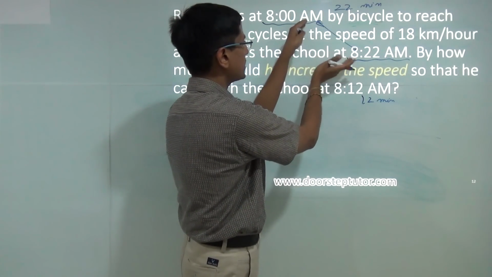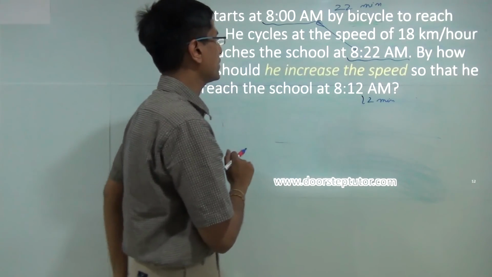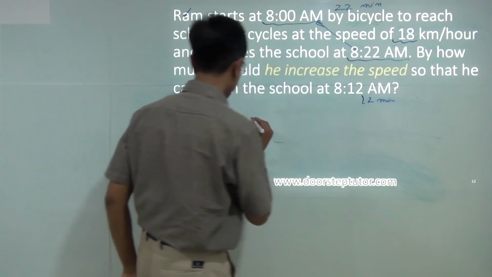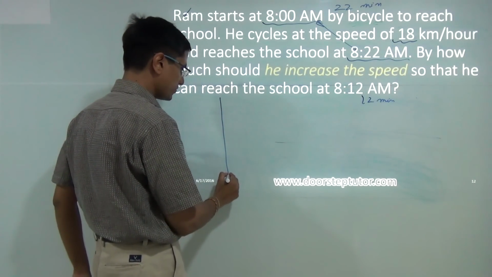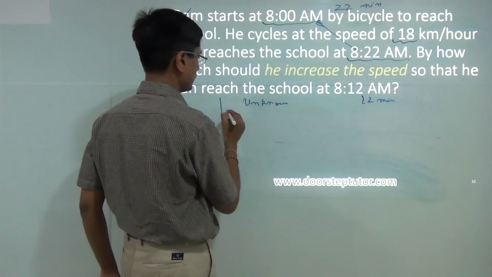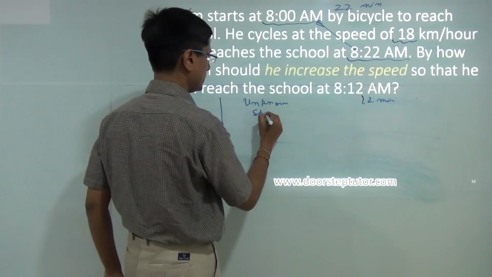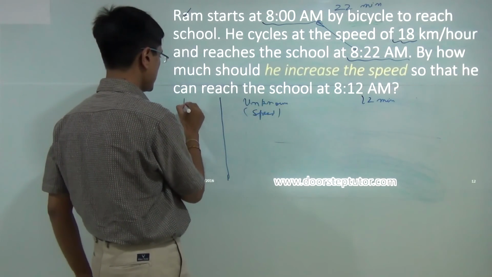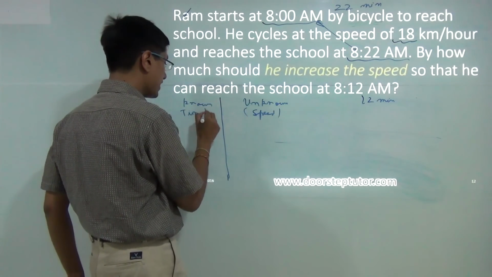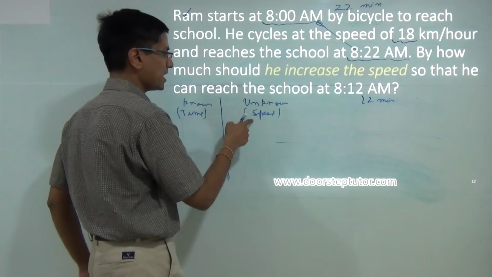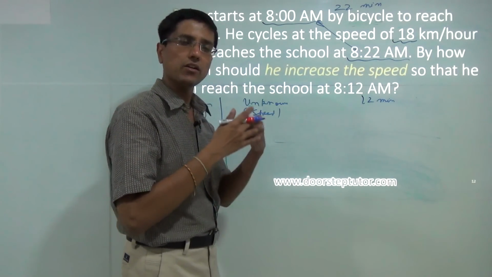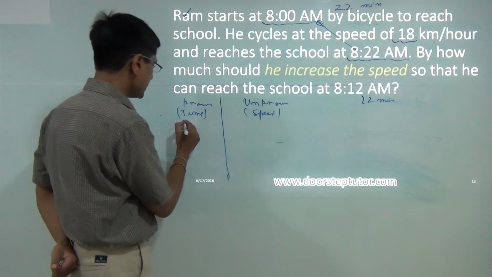This is something that as soon as we read the question we should be able to figure out, and we have been asked to find the new speed. So just quickly, it's a very simple question, we can solve it very quickly. So the unknown here is the speed, and my known is time. If I am increasing the time, the speed at which I have to drive obviously can decrease because I am taking longer now. So there is an inverse relationship here.